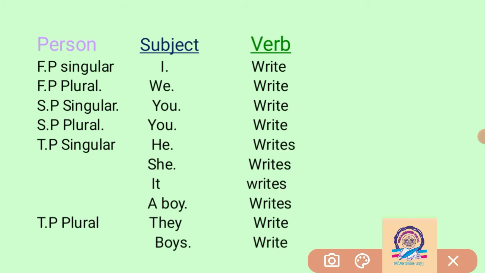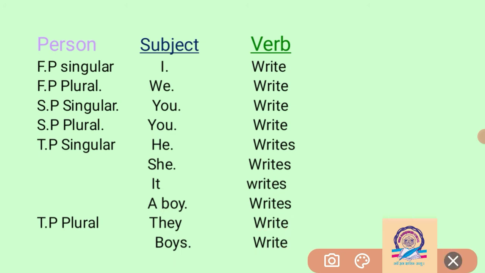Then another is the third person plural. It means we are talking about the third person, more than one person. So the speaker and the listener are talking about other persons, and the other persons are more than one, so we have to write they. It is the third person plural word, it means the subject here. And boys, children, monkeys, we can say that the subject is plural, it means they or a plural name is there, then we have to write the main form of the verb.